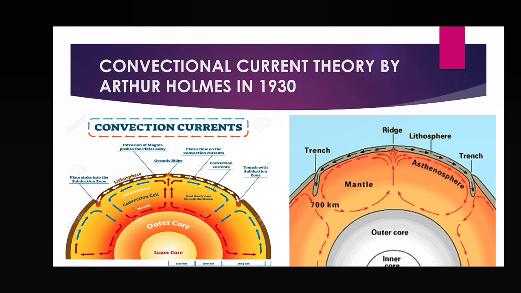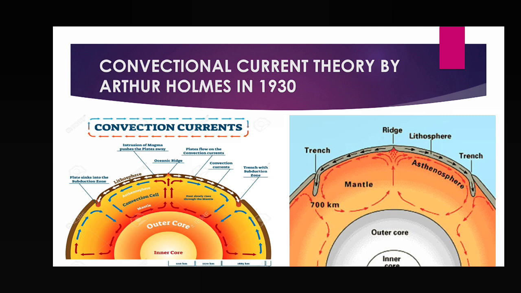and when the water becomes warm in the lower layer, it becomes light and goes up, and when it is going up it is gradually cooling down, and then again it becomes heavy and comes down. This type of circular movement is going on when we are boiling water. That is also convection. So here also the same type of circular movement is going on, and where is it going on? In the asthenosphere and also in the mantle.